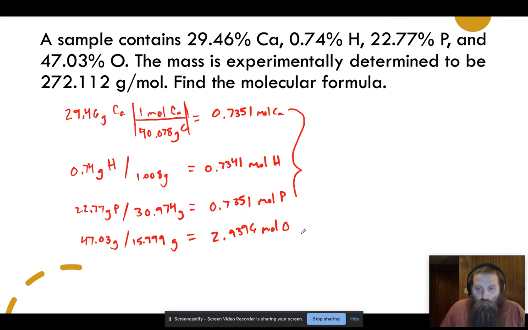We know the next step is to divide by the smallest number we have, which in this case is